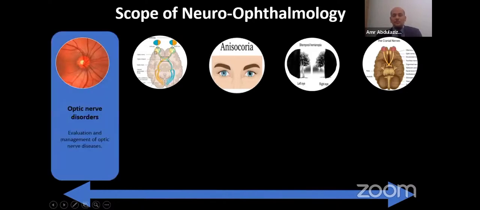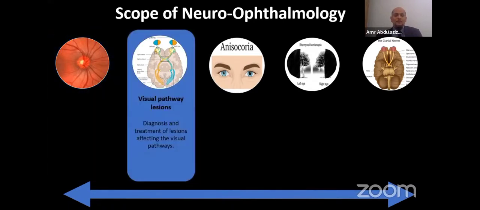Starting with the optic nerve disorders, with their evaluation and management, starting from the optic neuropathies with the different etiologies, whether it is ischemic, toxic, nutritional, hereditary, and other types of optic neuropathies, coming to also optic atrophy and optic neuritis. Coming to the visual pathway lesions, diagnosis and treatment of lesions affecting the visual pathways,